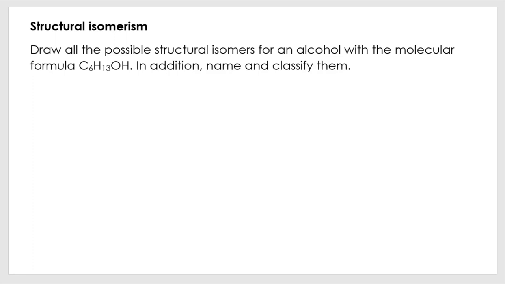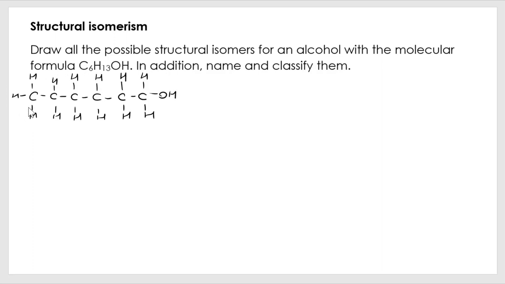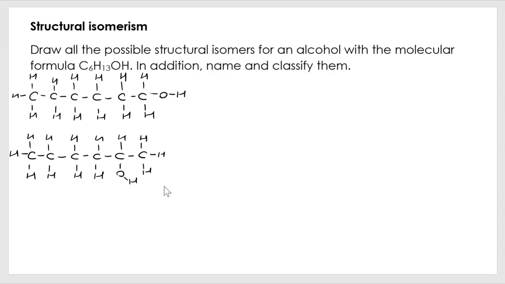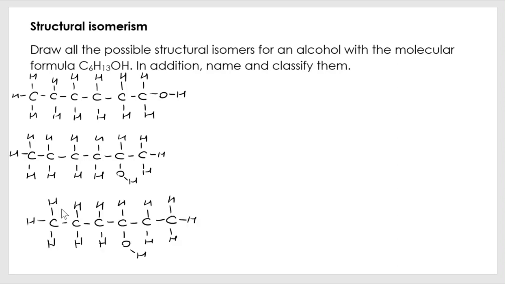My first piece of advice is always going to be on something like this, and you wouldn't get this within an exam, but you'd have to pick out some examples maybe, but try to go through systematically. So if I take C6, I can put my 6 carbons in a row, I can put my OH on the end. Can I put my OH anywhere else on a carbon chain of 6? Well, yes, I can put them on the second carbon, and I can put them on the third carbon. I can't put them on the 4th carbon, going 1, 2, 3, 4, because that would actually mean I'm going to number from this end 1, 2, 3, and it would be identical to this final one that I've just